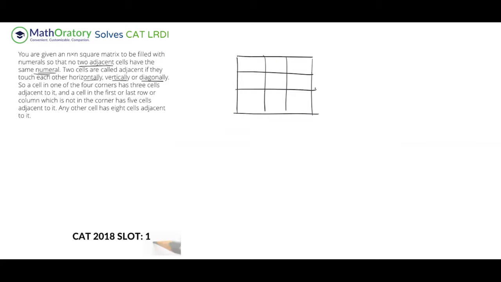So this is a 3 cross 3 I shared. We can have a 4 cross 4 as well. In a 4 cross 4, there'll be a lot of center cells. So you will have all of these cells as center cells. You pick any of these, and they'll have eight cells adjacent, right? So that is what we have. This adjacency has to be understood. And as I said, solving from the centers seems important to start with. So let's go into the questions now. We'll solve this as a DI kind of set, so question by question is where we'll spend our time.